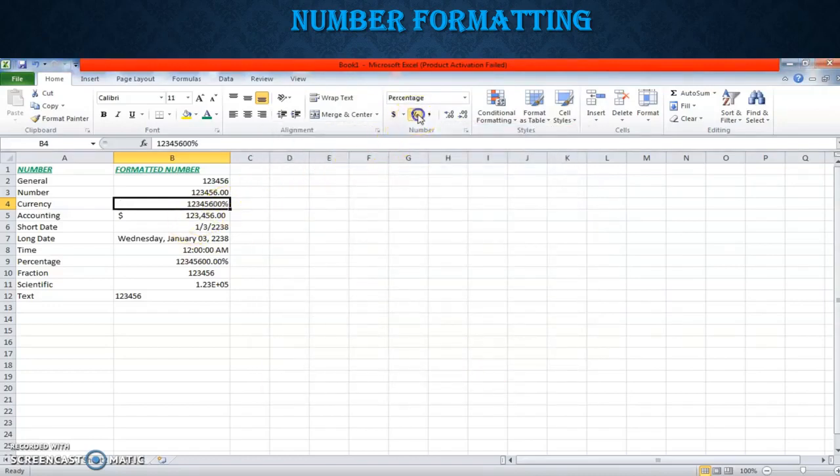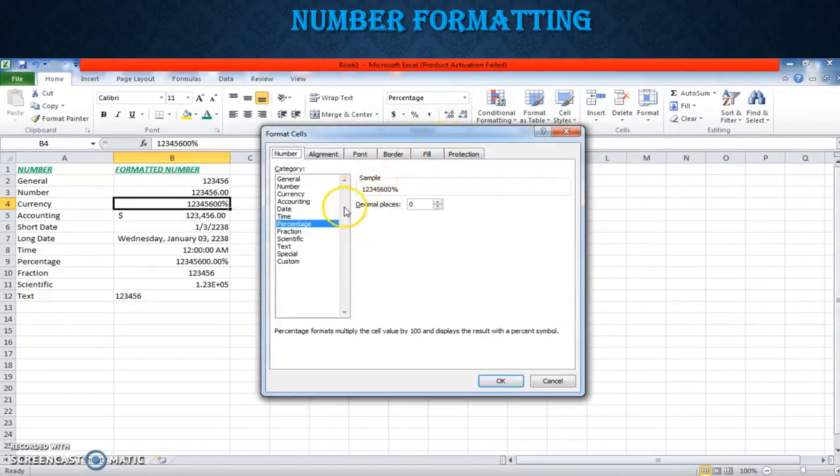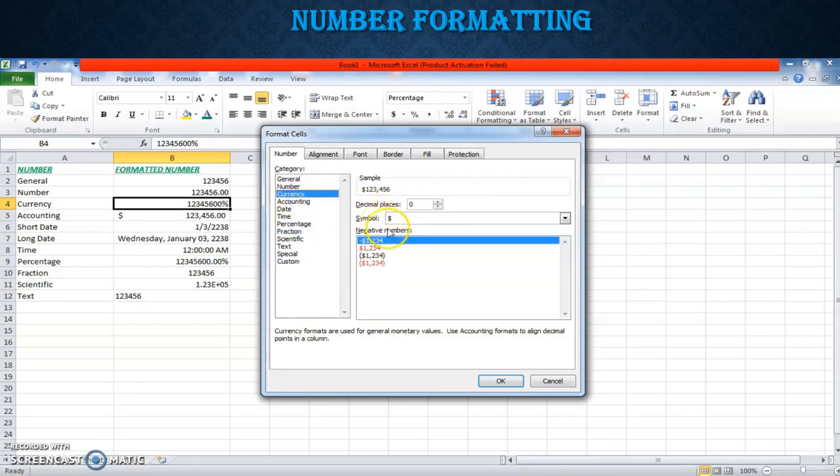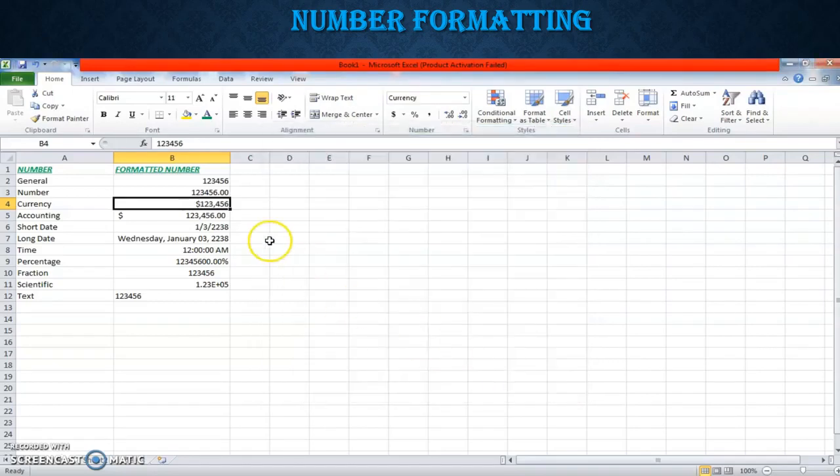Okay, and then percentage also we can change, the percentage format. More options are there. One by one you select it and you can change it. Here one arrow is there, click the arrow. Inside the arrow more options are available. No need to do this separately. You can do everything within the single box. Number is there, alignment is there, font is there, border, fill, everything you can do using the single box. That's all about number formatting. Have you understood? Are you following?